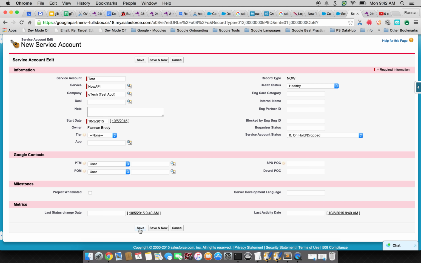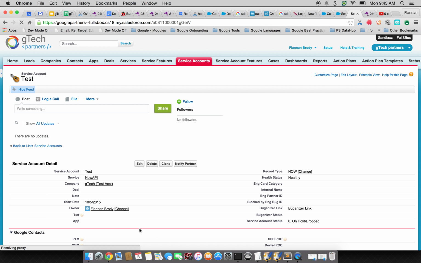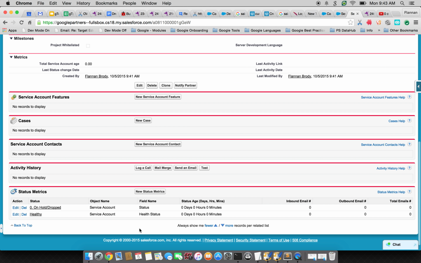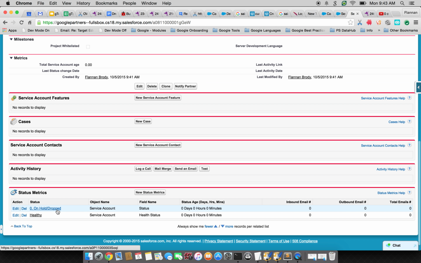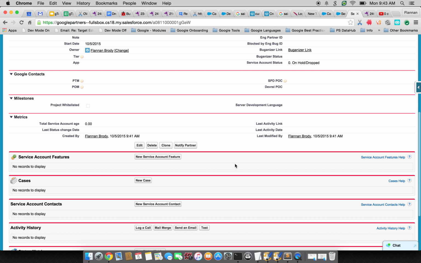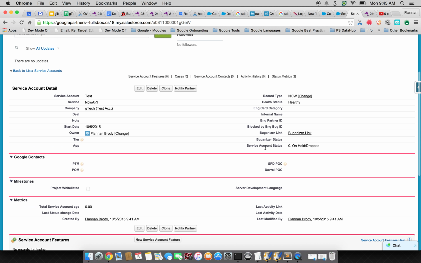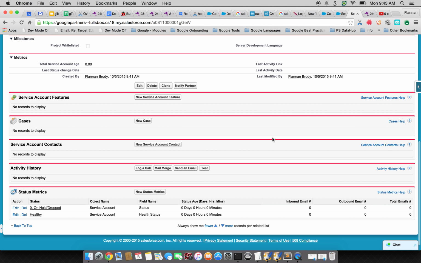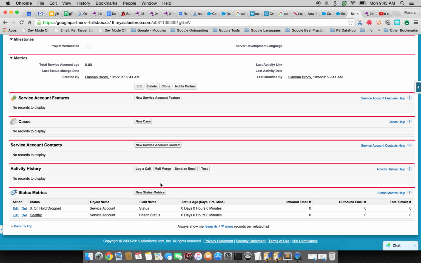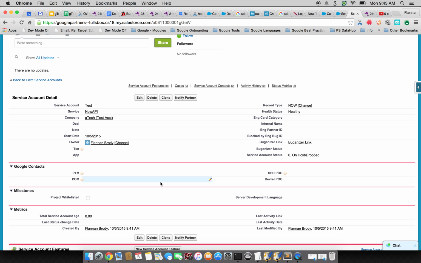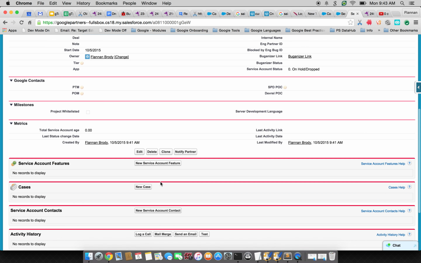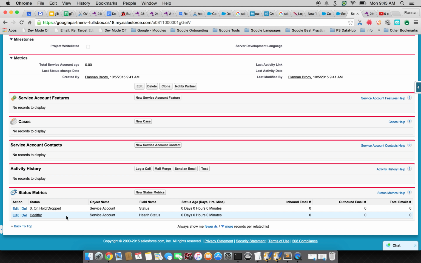So when I save this record, you can observe that there are two records being created in the status metrics related list. So these two records are tracking the fields that are enabled for this object, the health status and the service account status. So every time the status is changed, it will track the start date and end date of the particular status value, and during